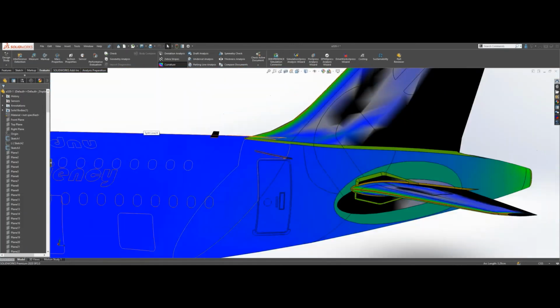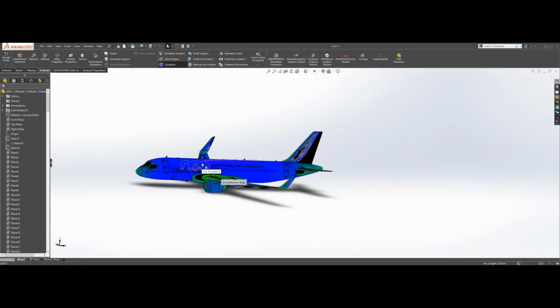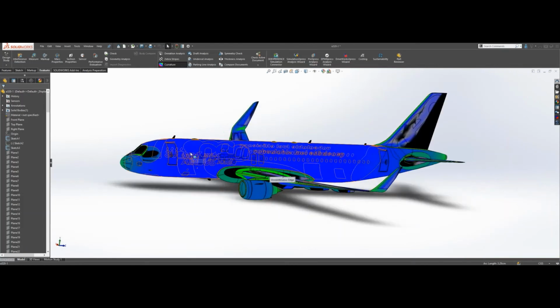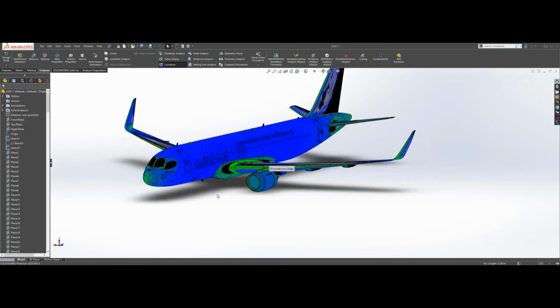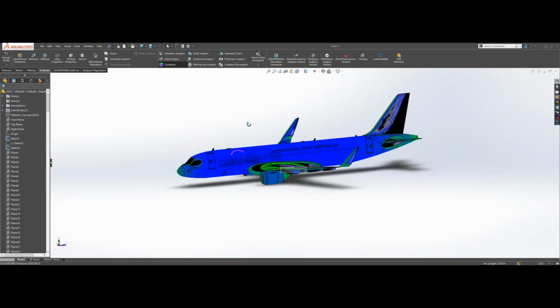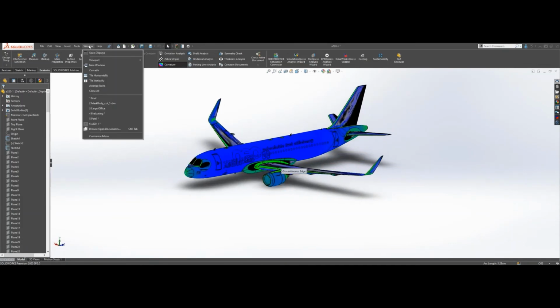So you have different areas of curvature and so on. Okay, so you can do this especially when you have any imported model, or just to further understand your part, especially even if you work with mold models. All right, so enough with this one. I want to make sure that I don't forget the next one. So I'm going to go ahead and open